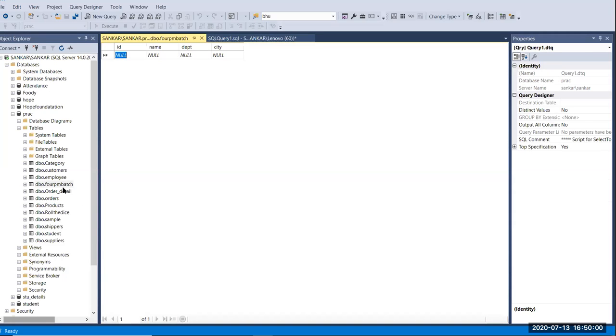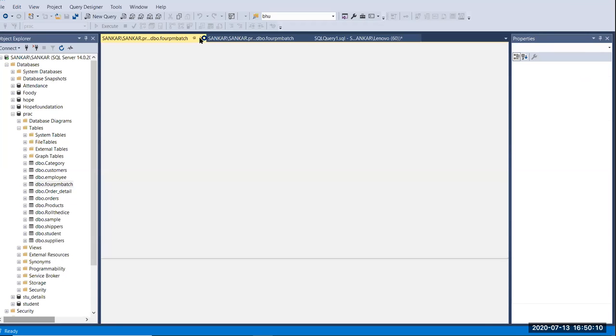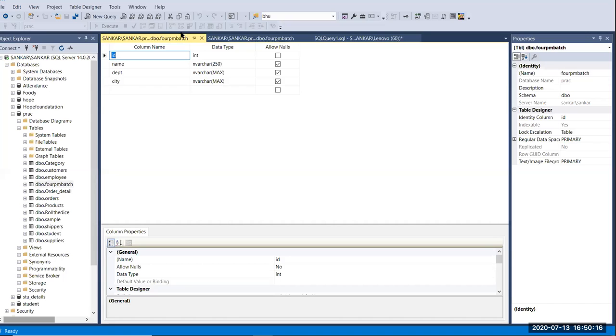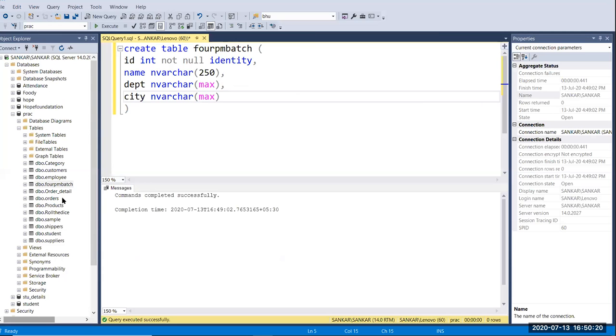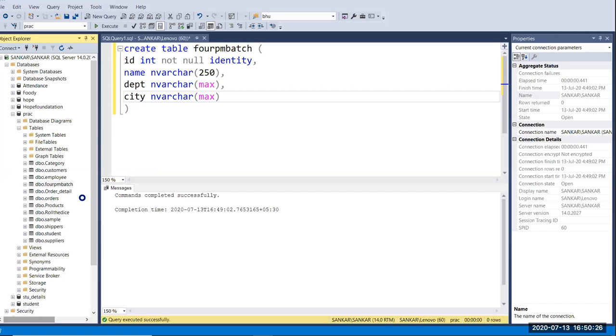Okay, so simple, you have to right click your table and give edit top 200 rows.